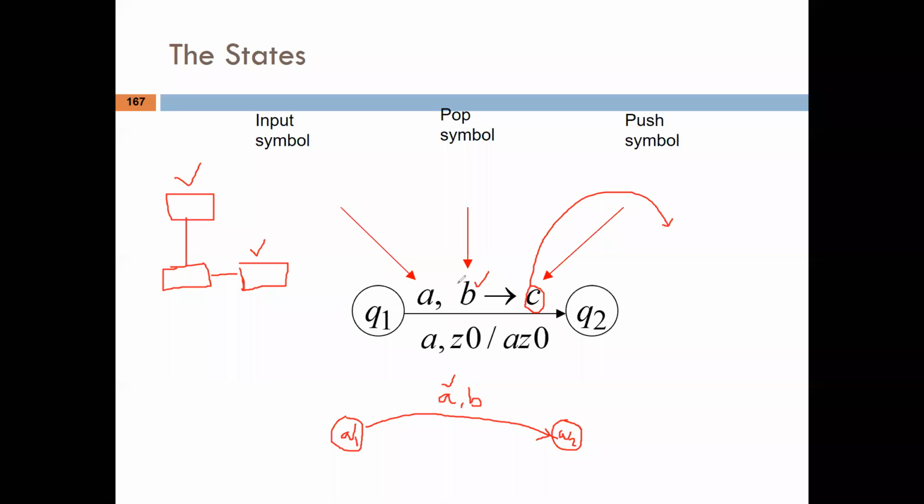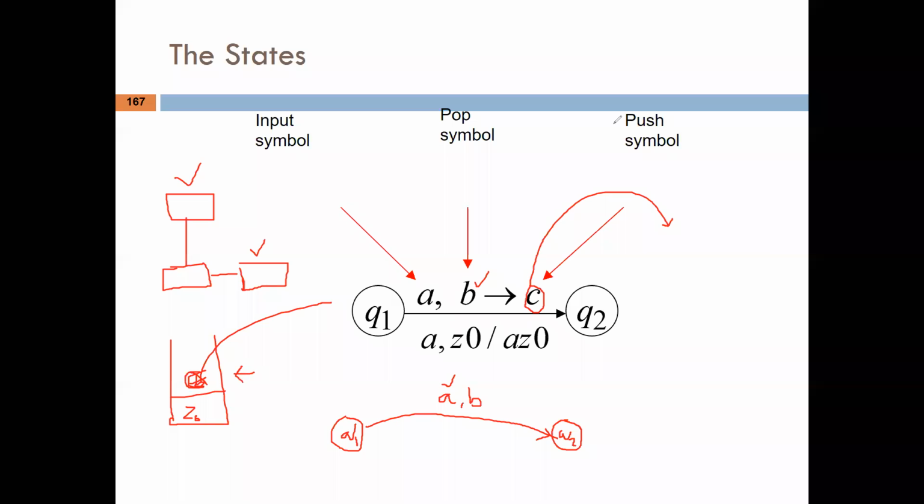Means B you popped out from the stack, and C you now have to push. So suppose in this case the situation of the stack will be like this. Initially the Z0 symbol will be there, right? You are reading A, and B will be there. And if you pop out B here, it means B will be cancelled out. B will be popped out, and C will be pushed. So after this, C will be pushed into the stack and the top pointer will now point to C.